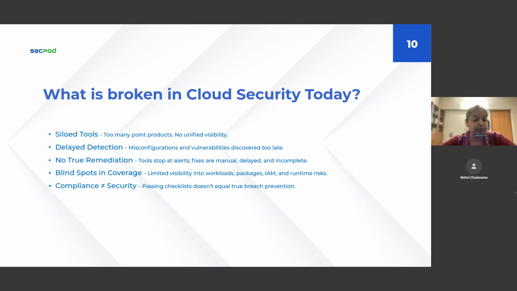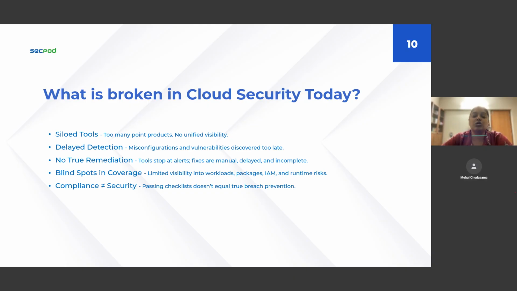And third, but also the most critical, is most tools just stop at alerting you. They'll flag a risk, maybe assign a severity score, but they'll leave the rest up to you. Security teams have to raise tickets, they have to chase DevOps teams, and they have to wait for remediation to happen. In the meantime, the exposure remains absolutely wide open, which is not sustainable, neither is it secure.